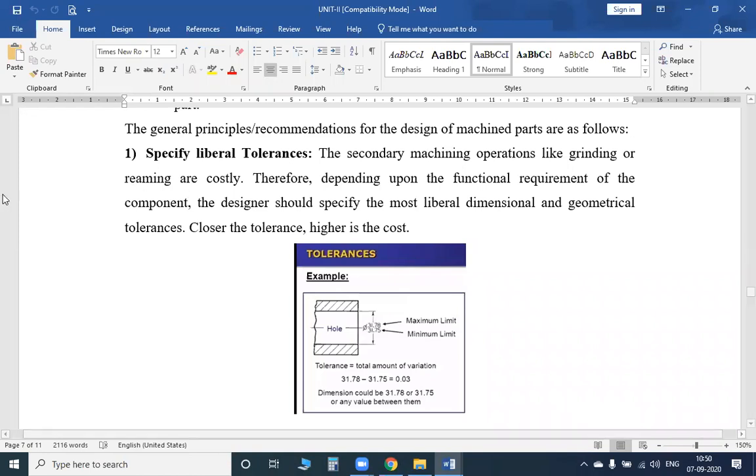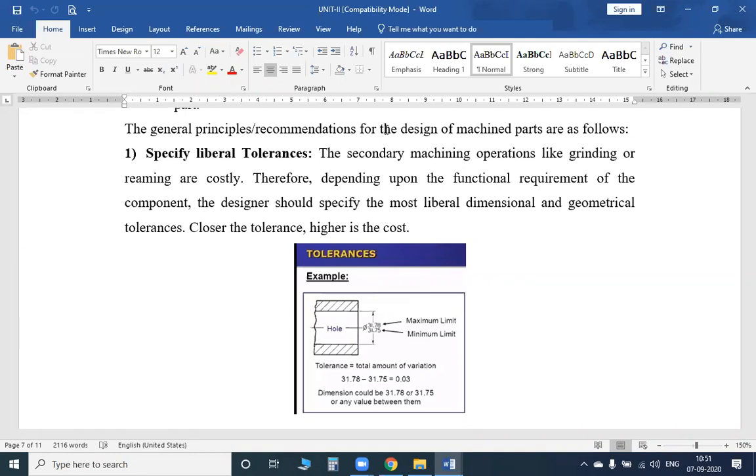So the first point is specify the liberal tolerance. So the secondary machining operations like grinding or reaming are very costly. Yes or not? మనకు తెలుసు grinding కానీ, broaching, reaming, whatever, the lapping, honing, the surface finishing operations are very very costly, because those are the external things which you are going to perform for an actual work piece. సో అవన్నీ కూడా చాలా కాస్ట్ ఉంటాయి. సో ఆ కాస్ట్ మనం యాక్సెప్ట్ చేయగలిగితేనే మనం దాన్ని చేయగలం. సో అలాంటి మనం చేయలేనప్పుడు, వాట్ ఎవర్ ద టైప్ ఆఫ్ టాలరెన్సెస్ యు ఆర్ గివింగ్ టు ఏ వర్క్ పీస్, whether you are performing a smooth part or whether you are performing a blur part of your workpiece, what is happening.